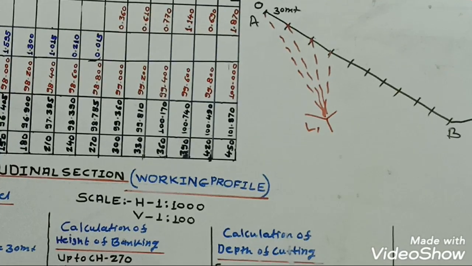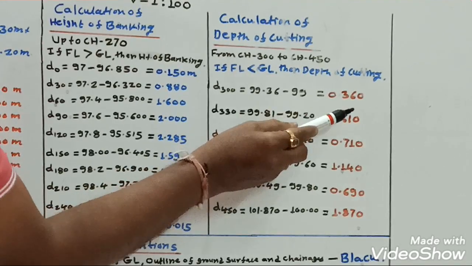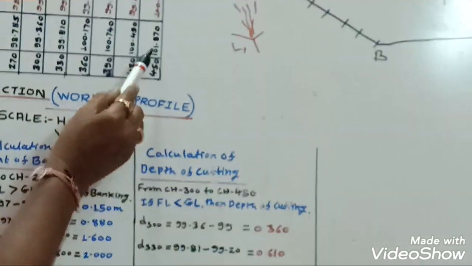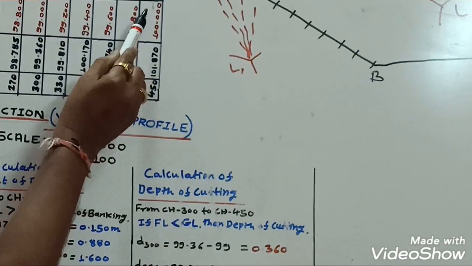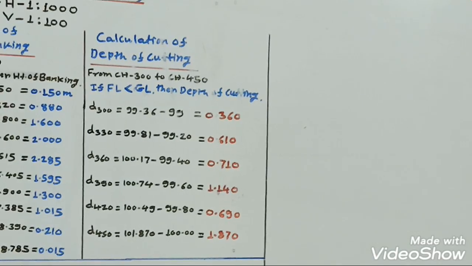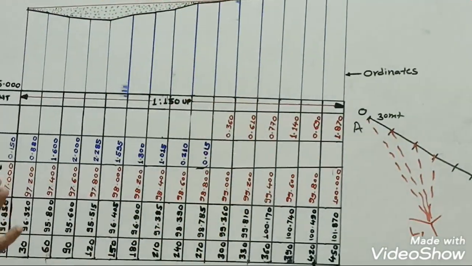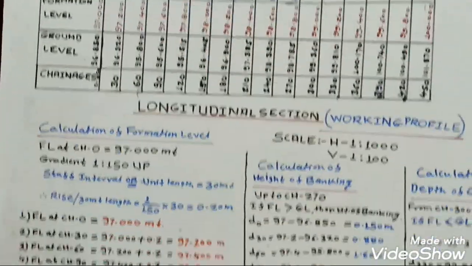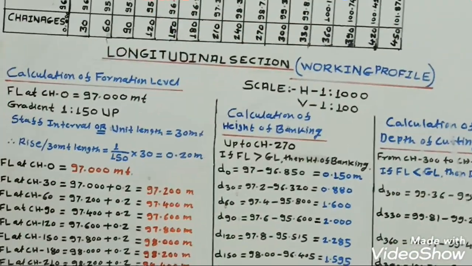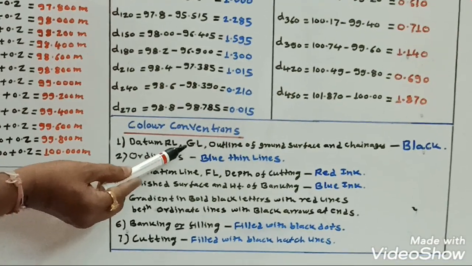Similarly for chainage 330, 99.81 minus 99.20, it is 0.61. Like this, up to chainage 450, that is ground point 101.87 minus 100 formation level, it is 1.87. Like this depth of cutting and height of banking are calculated. And for this working profile, the standard color convention is used, which has been standardized by the Survey of India Department. For datum line, datum RL, ground level,